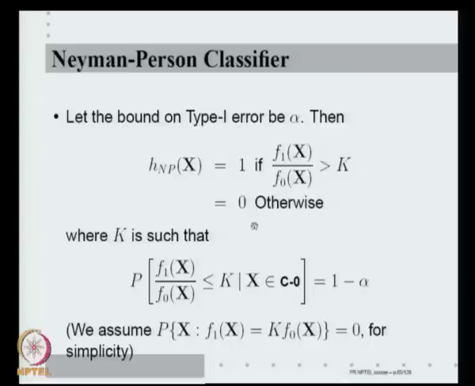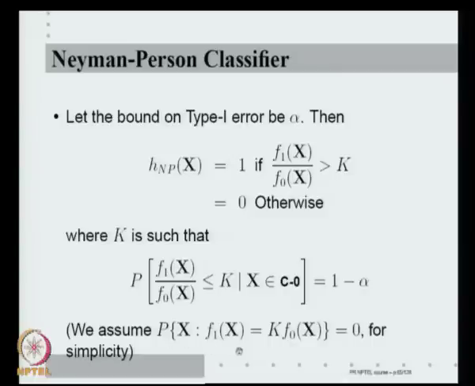When will I wrongly classify a 0 pattern? I will call class 1 if this ratio is greater than K. When x belongs to C0, this ratio will be greater than K with probability equal to alpha, because K is chosen to satisfy this equation. The probability that the ratio is less than or equal to K is 1 minus alpha. So, the probability the ratio is greater than K is equal to alpha. Right. So, by construction, the Neyman-Pearson classifier satisfies the bound on type 1 error. Okay. We'll see it once more. Just for completeness' sake, the way we stated this, we are assuming that f1 and f0 are true density functions.